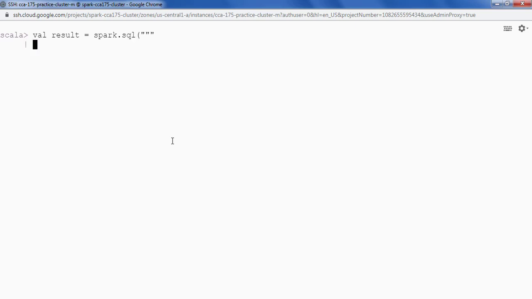So what we have to select: order date and order status. So I'm going to say select to_date from_unixtime, and providing the column order_date, dividing it by 1000. Okay, and giving it the name order_date.